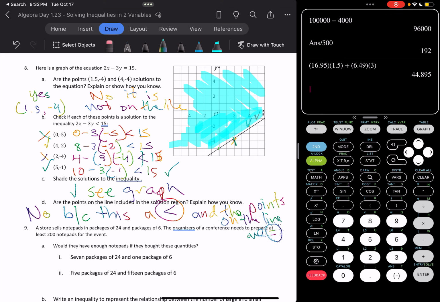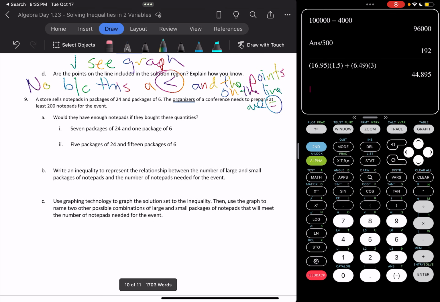All right, number 9, a store sells notepads in packages of 24 and packages of 6. The organizers of a conference need to prepare at least 200